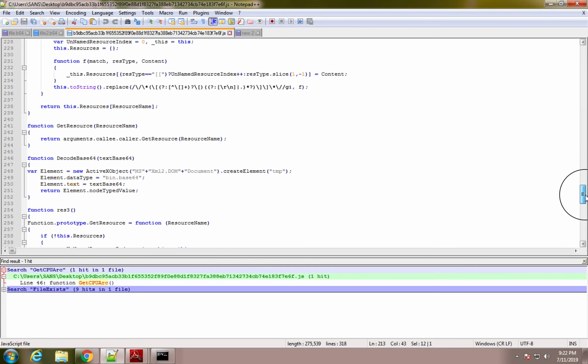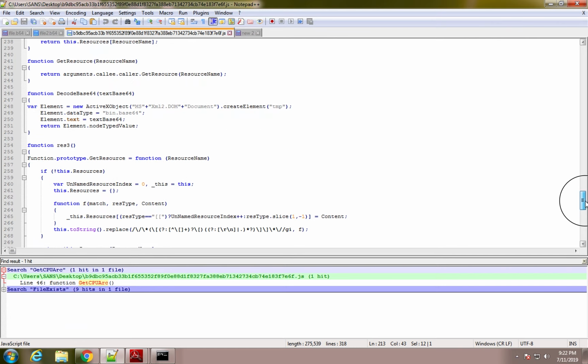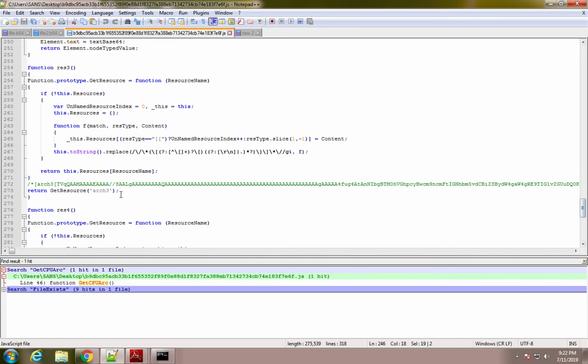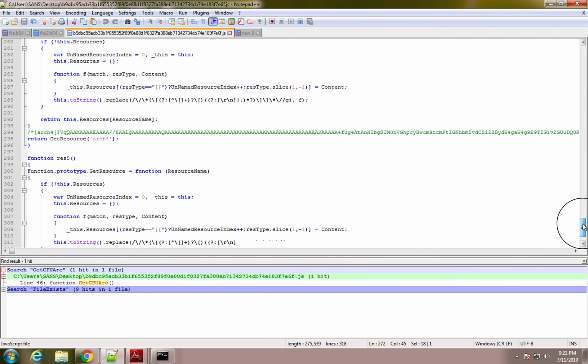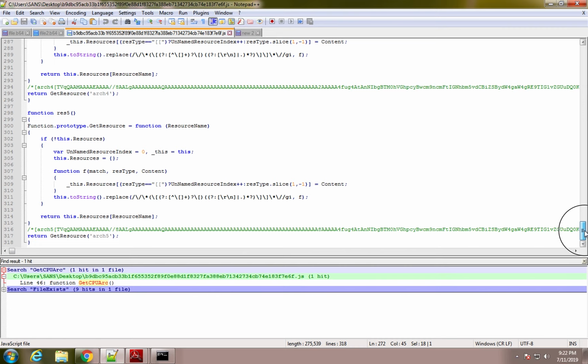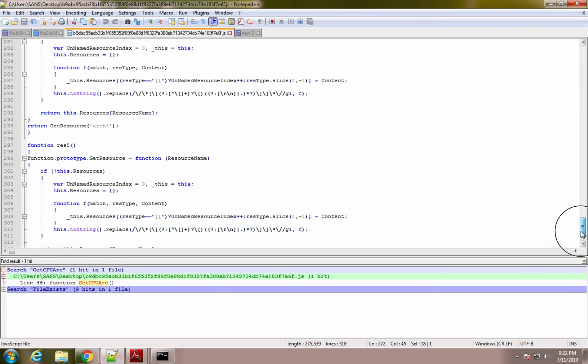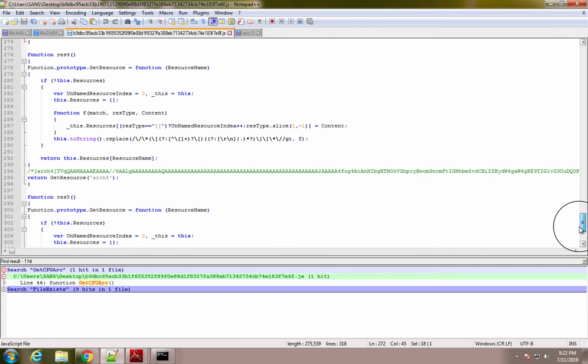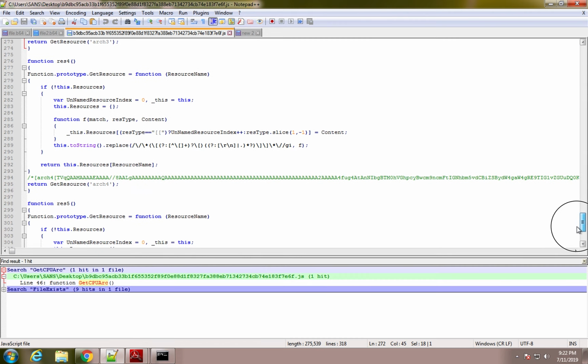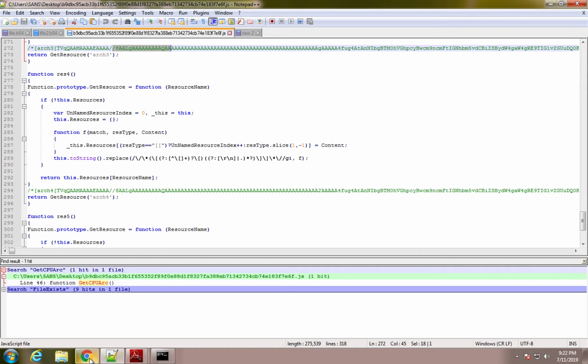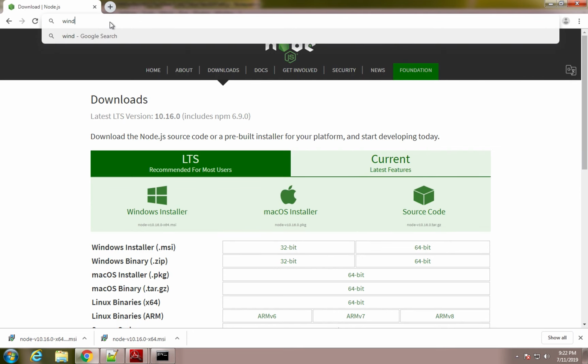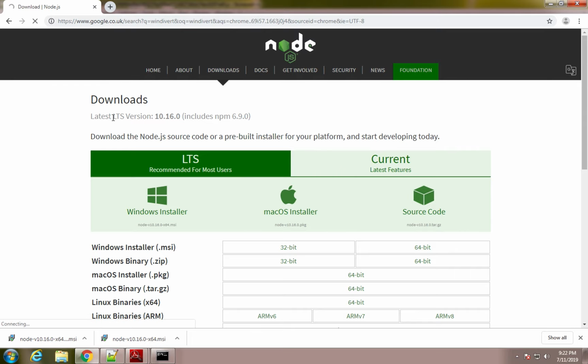More functions. There's the base64 function that we saw above. And then we're going to start to see the actual base64 files. This is one of the files, here's another one, and here's another one. When you convert these from base64 to an executable file and then run a hash, these are all part of the WinDivert